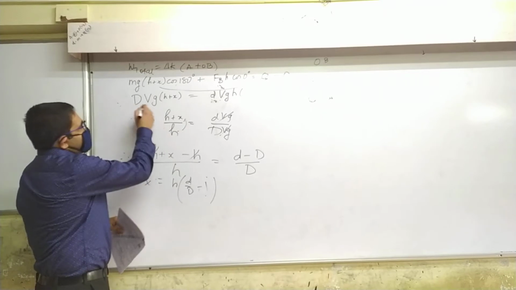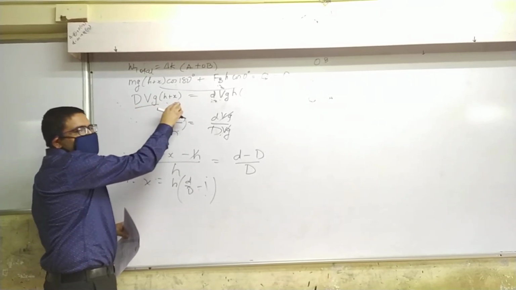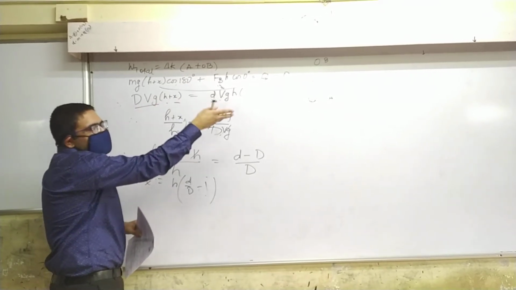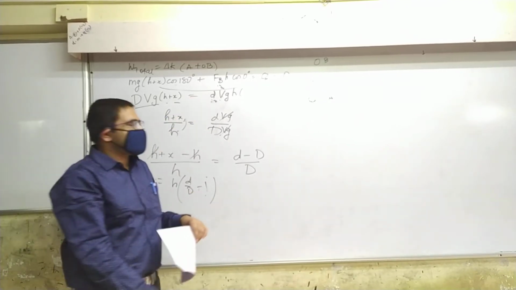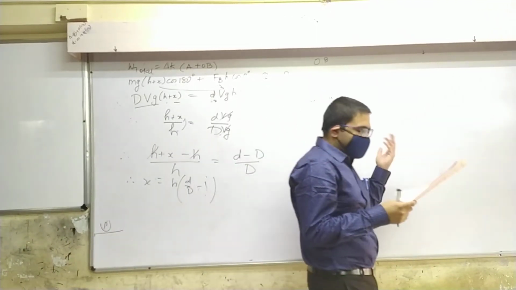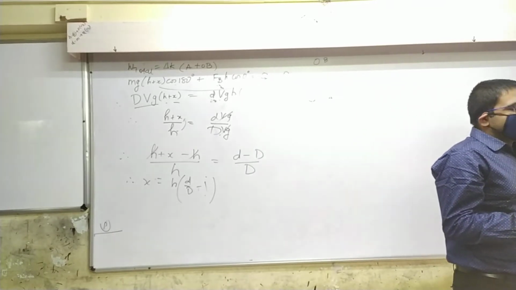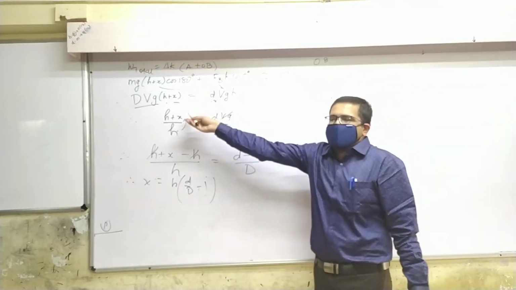The normal way is, I know what you would have done. You would have multiplied this here, and then you would have taken terms with x on one side and other terms on the other side. Okay? Fine. That's not wrong. Just like we have subtracted, we can also add.